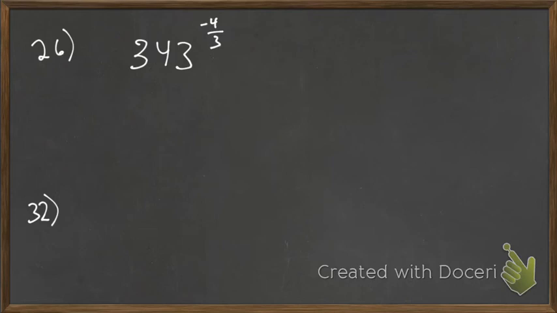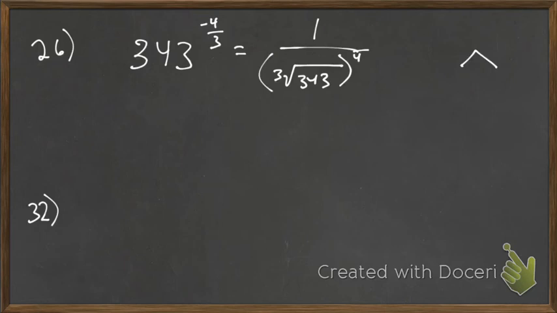Number 26. So what I do on this one is, I start by going right here first. I do my cubed root of 343 to the 4th power. In your calculator, wherever the exponent button is, you know that little caret? If you hit second, so that's like the exponent button. If you hit the second button, then usually that'll give you a root. You might have to put your number in first. So like on this one, if I want the third root, in your calculator, you're probably going to push 3, second caret,